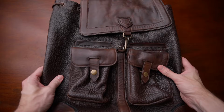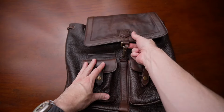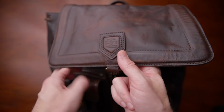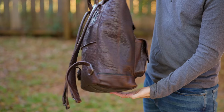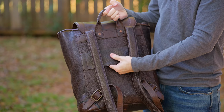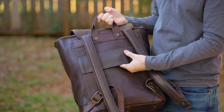I really like the leather on this. Again, I think that pebbled espresso just looks incredible. And the way that they use the pebbled espresso with the other smooth brown leather for just added contrast really makes everything pop. Every inch of this is just really impressive. The design is really well thought out, and you can tell that they took a lot of time with this design, and I'm sure that there was probably a lot of different prototypes. It really shows there's a lot of attention and care, and everything is in a thoughtful place,